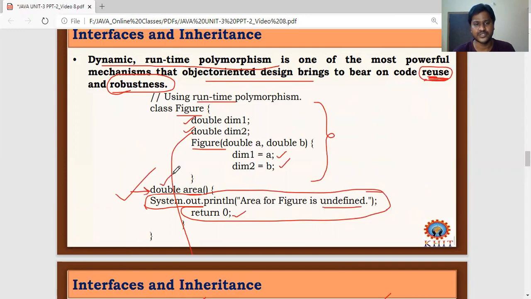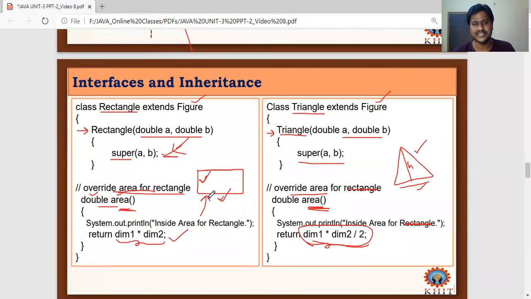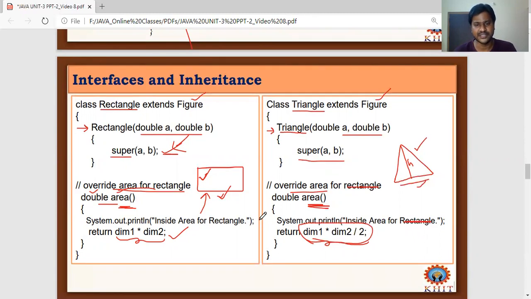We have just specified the type and the name area, and we leave the implementation process in the superclass. Whereas the subclasses override the area method defined in the superclass with the same type and name and their own implementation. Got it? This is called interface and inheritance.